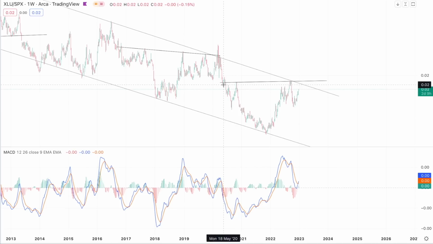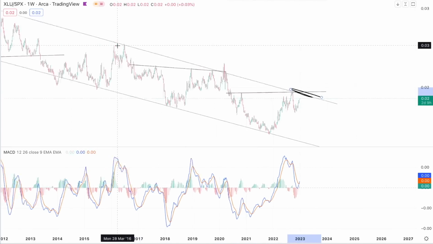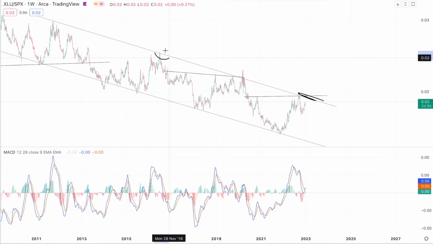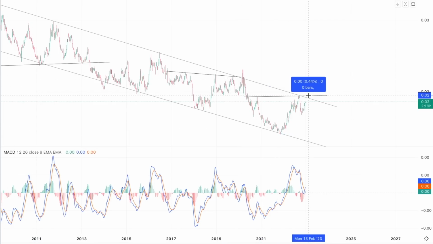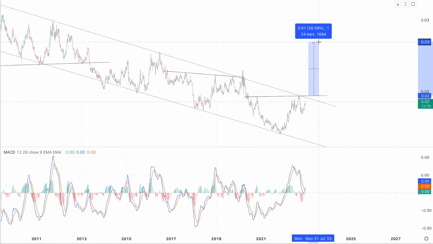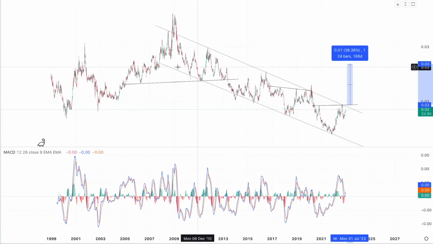These patterns really don't mean anything until they've broken out. So from a pure technical standpoint, this chart remains very much at resistance and could be vulnerable to moving down again, just like it did in 2016, in 2011, in 2020, 2019. But if it does break out, you can see the measured target here is around a 38.5% outperformance from the break of the trend line. So not from current levels, but from this level here. And that could theoretically take this ratio back up to the levels that we had during the 2008 financial crisis.